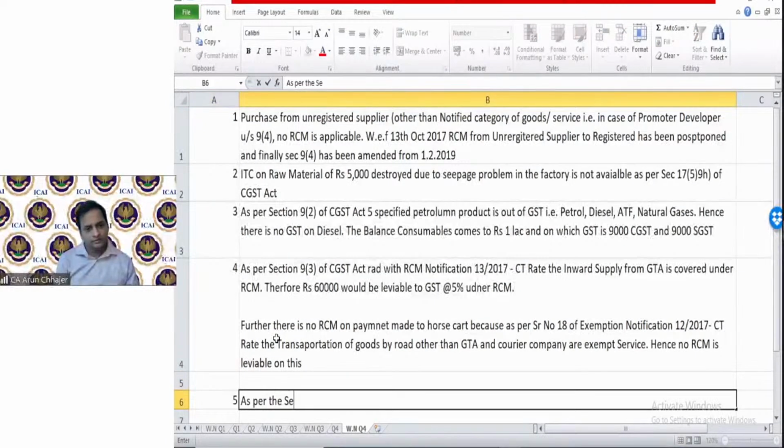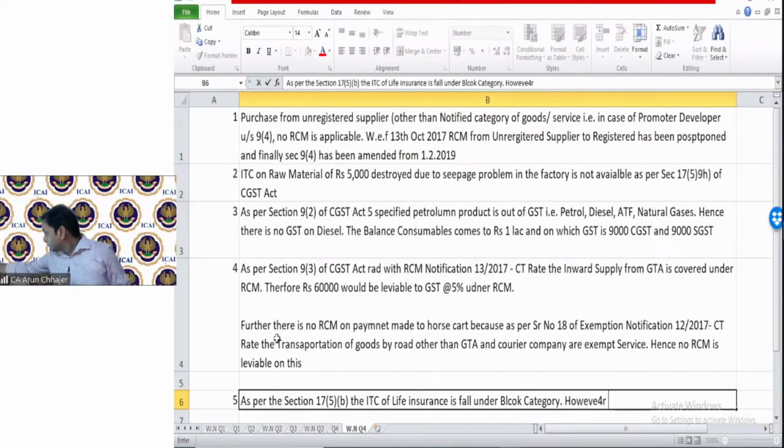As per section 17 subsection 5 clause B, the ITC of life insurance falls under the blocked category. However, as per the proviso to this clause,